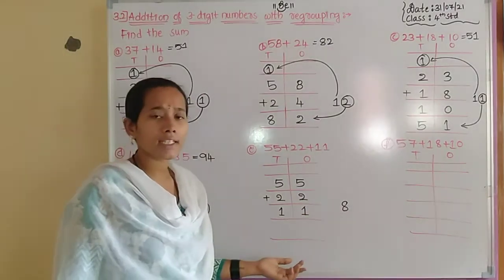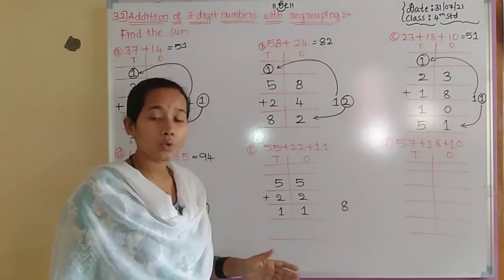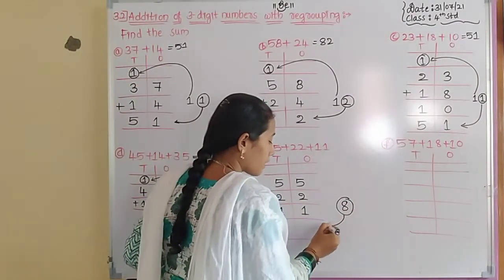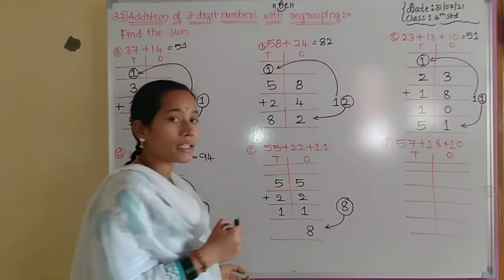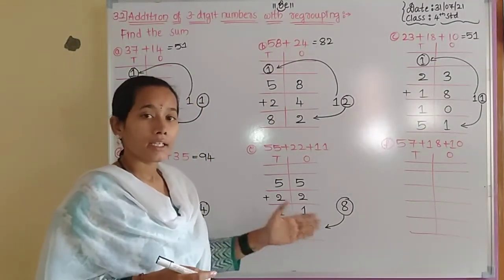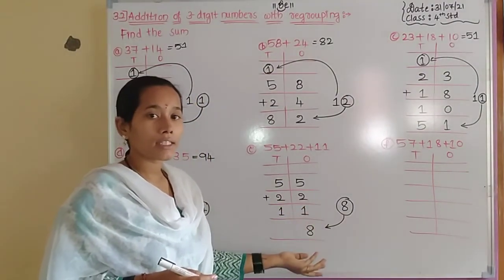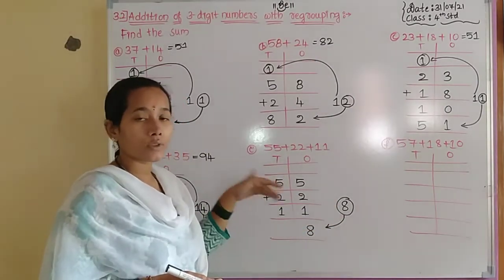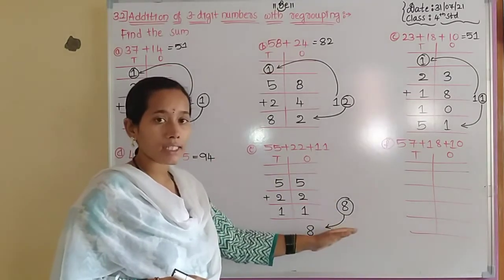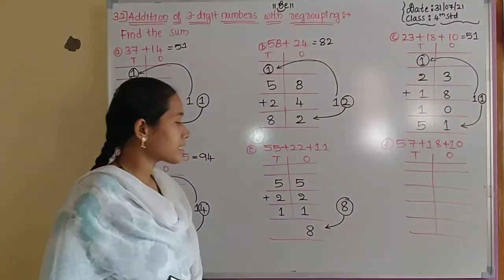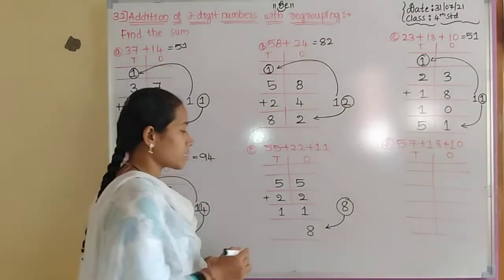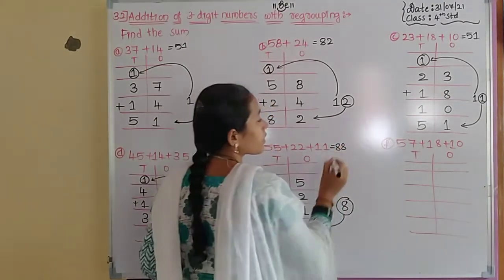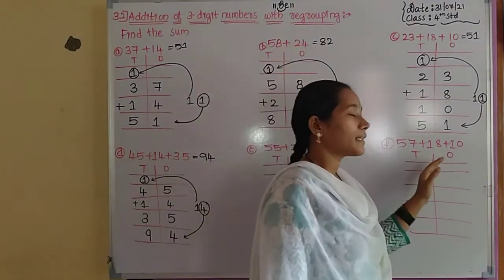So here we get the 8 only. 8, is it a 2-digit number? No, it is not a 2-digit number. So we put that whole number 8 here only. It does not contain any carrying because it does not have the tens value. If it contains the 10 value, then only we have to give the carry to the next placement. If it contains only one digit of the ones placement, write it as it is here only. Then 5 plus 2 plus 1 is equal to, here also 8. So answer is 88.